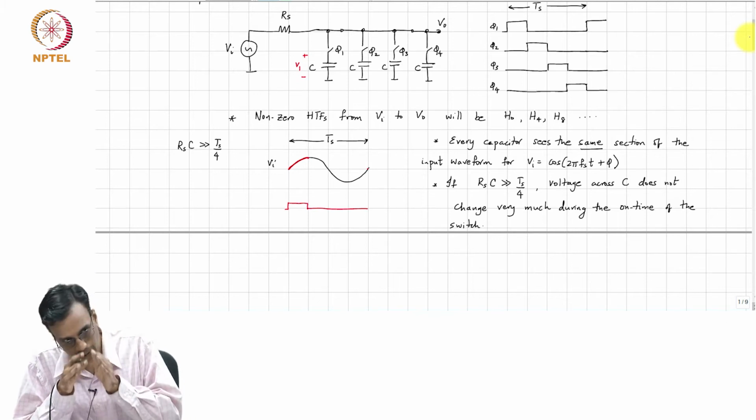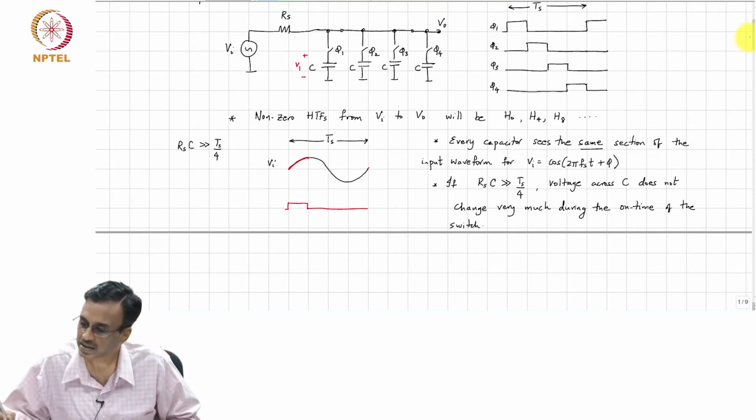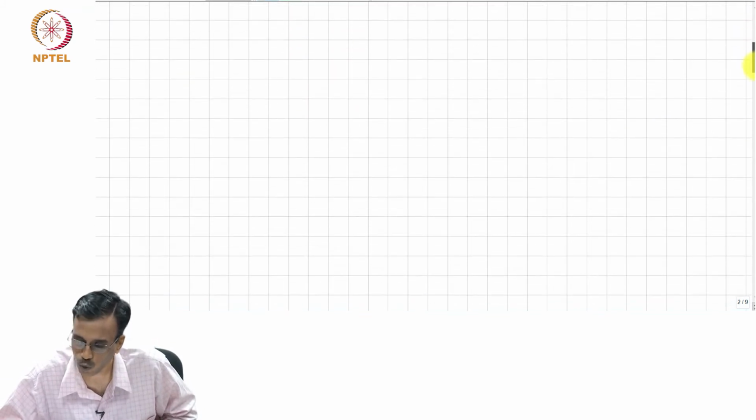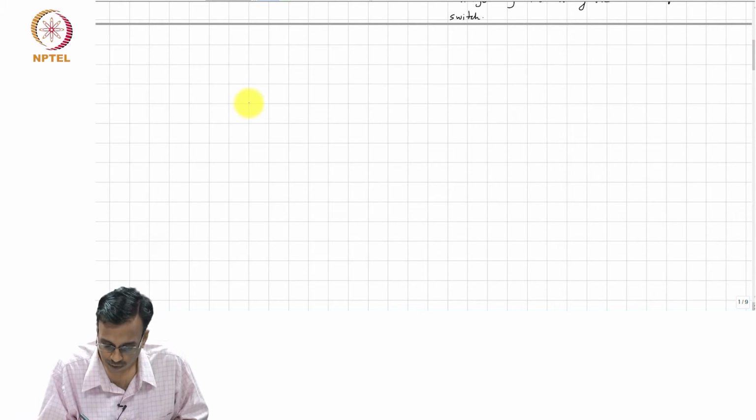So, now you have a band pass filter whose center frequency is very well defined by the clock frequency. That is the intuition. Now, in this class, let us get a little more quantitative than that, right. So, what we will do today is